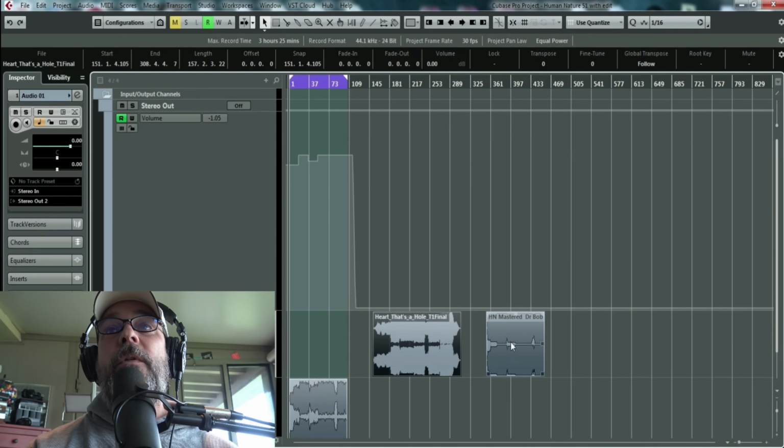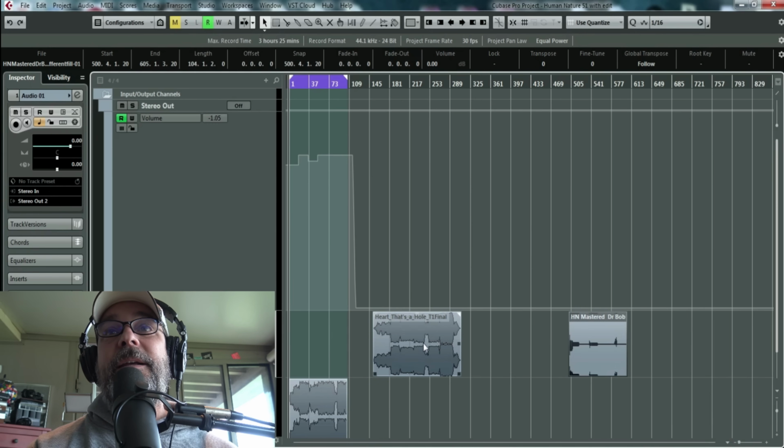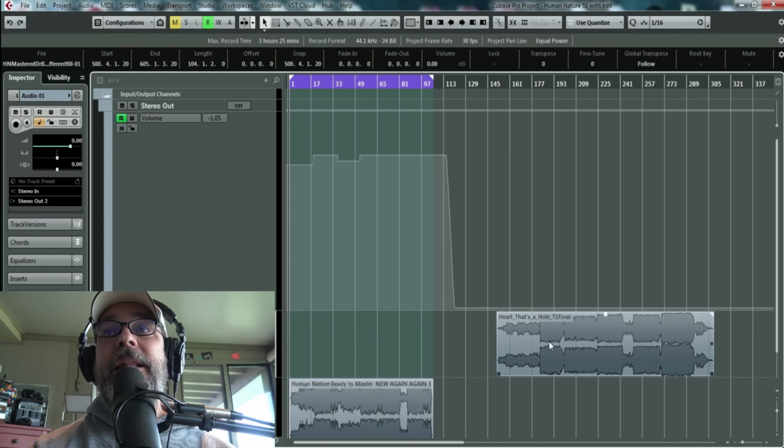Now, when that master was done, it looked like one big blob. Because it was the loudness wars, and the master sounded great, no complaints. But now that we're not in that, I like to do these type of moves